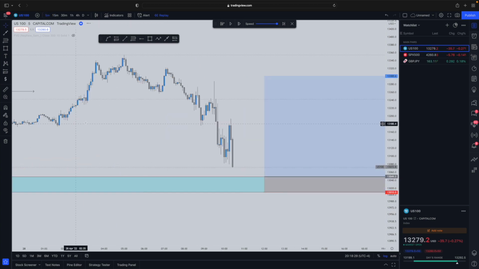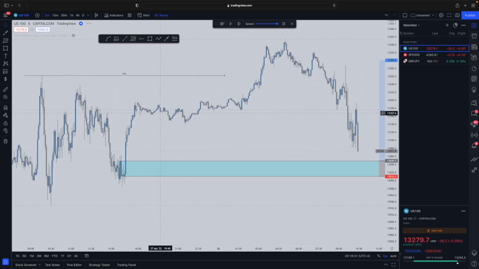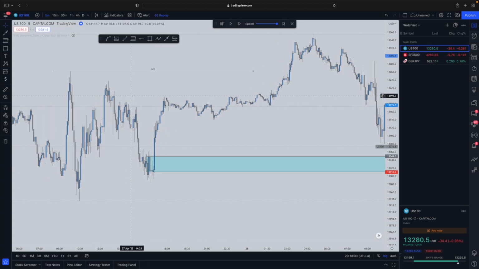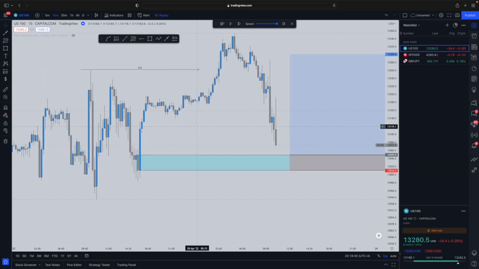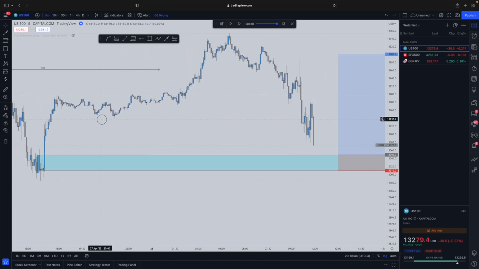Now what I like to do is go down to a lower time frame and investigate. What makes the order block valid is it has to have an imbalance of price. As you can see, we have a beautiful imbalance right inside of the 15-minute order block, right? So remember, this 15-minute order block was here, and we go down to the 5-minute. Now we have a 5-minute